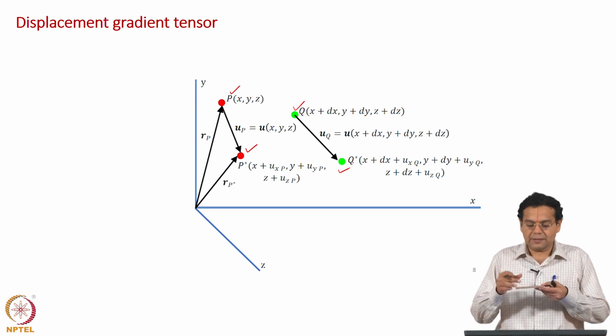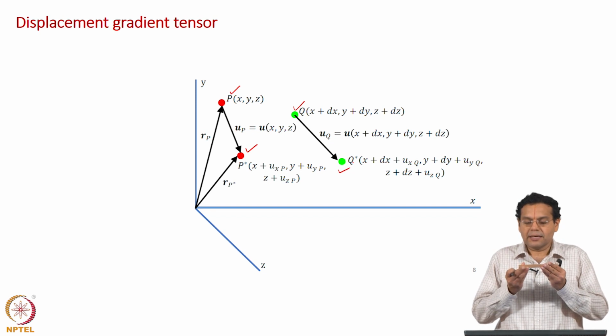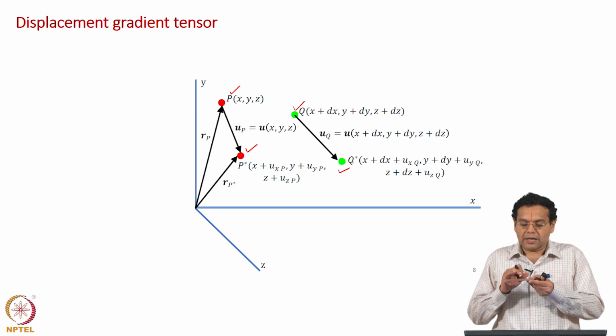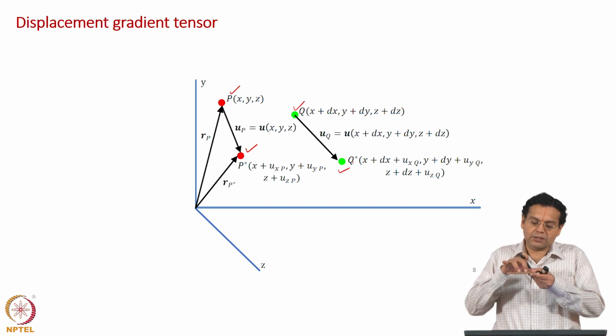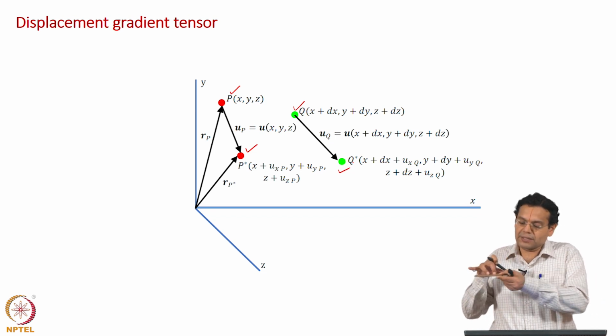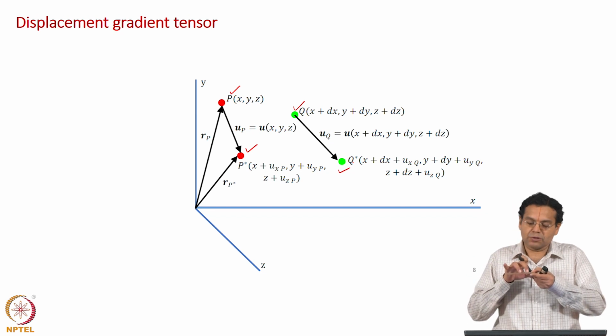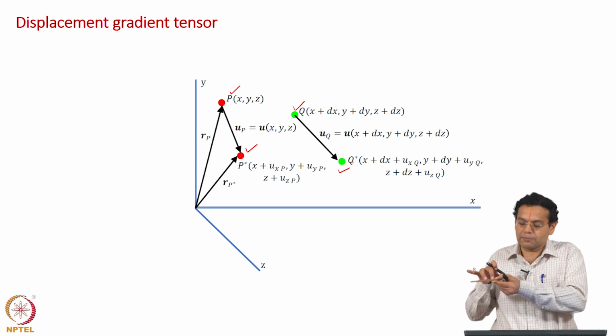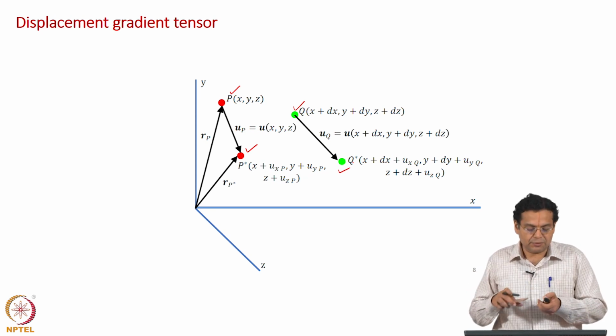What is translation? If you take, let us say, a plate and it moves along one direction, every point, let us say if you focus on 2 points, both the points move by the same distance. Let us say the plate moves by 5 centimeter, and you focus on these 2 points, both the points move by 5 centimeter. Okay. And that is what is shown here.